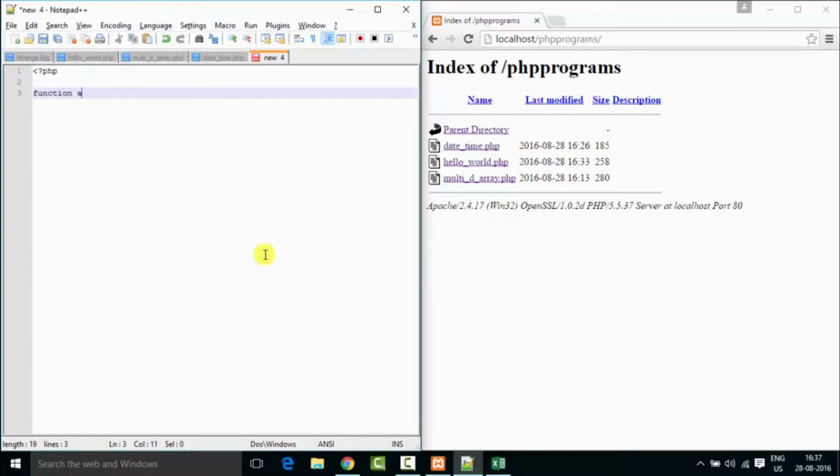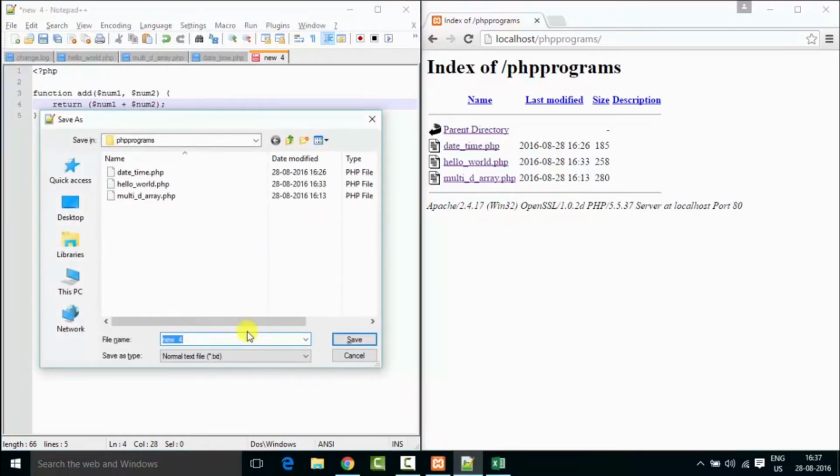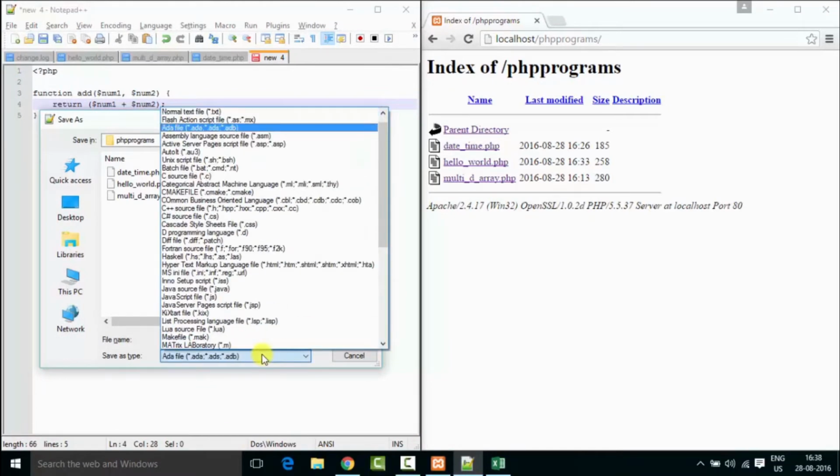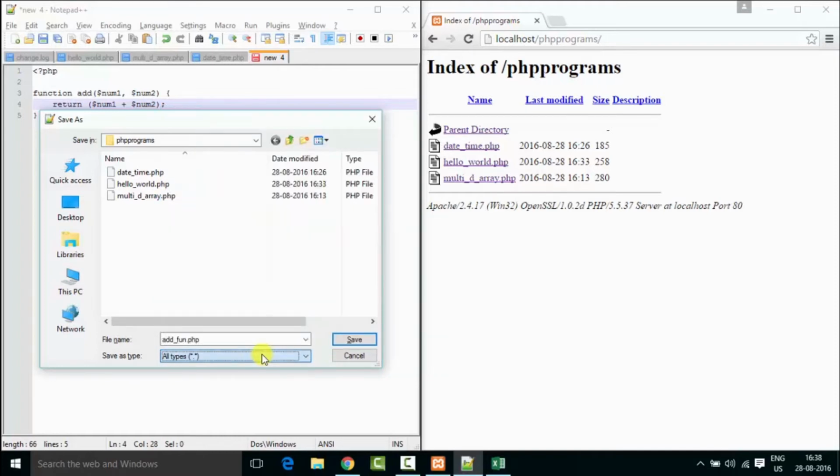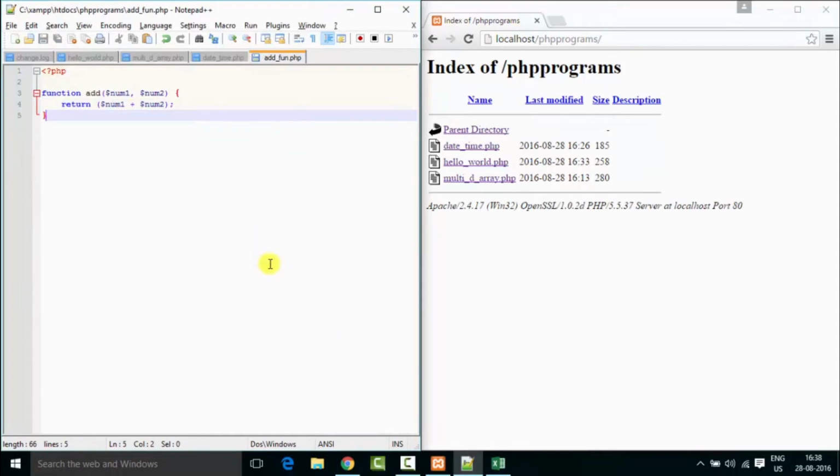We'll take one function which will add two numbers and return the addition of those two numbers. So this is just an add function dot php. Select all types and save it. Now if I want to use this file in another file,